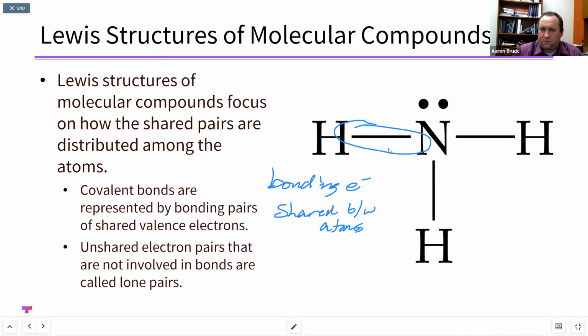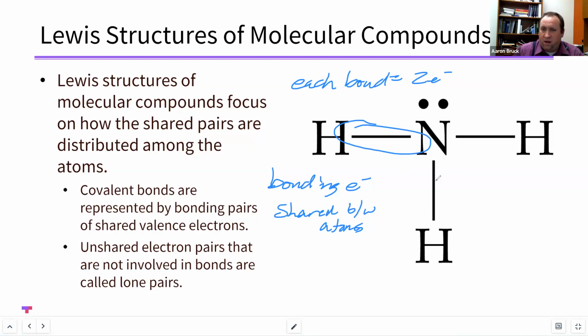So each line represents two electrons. And so we can say that with this bond, hydrogen has two electrons and the nitrogen has two electrons from